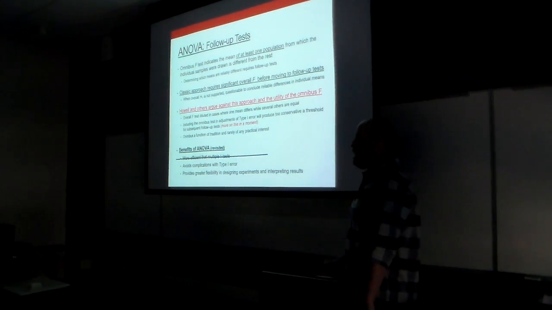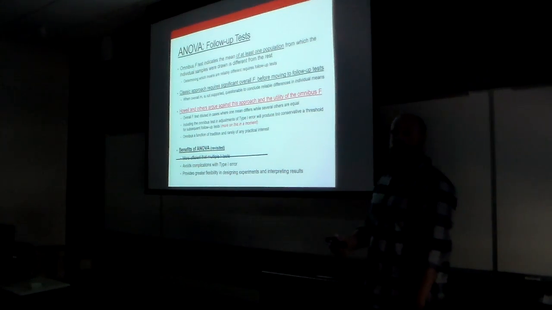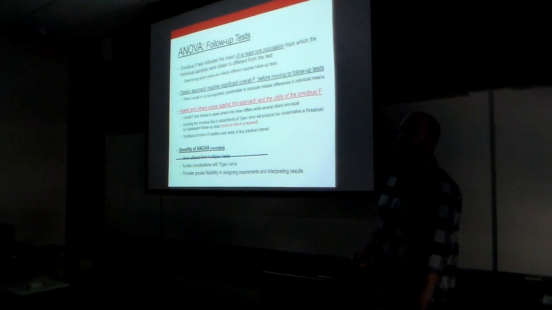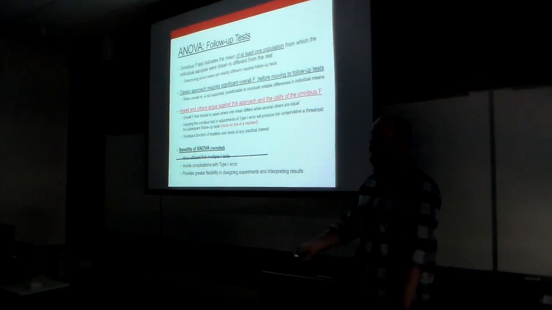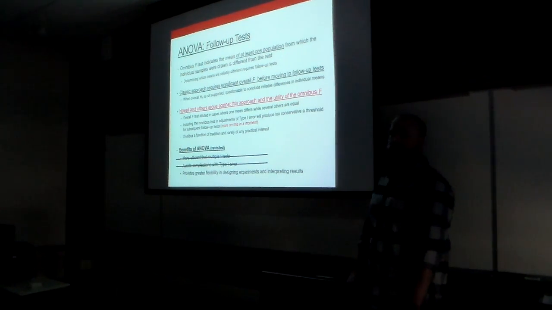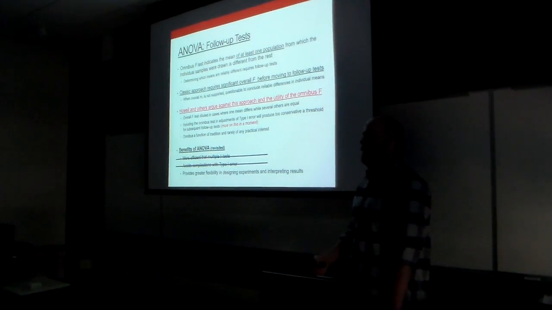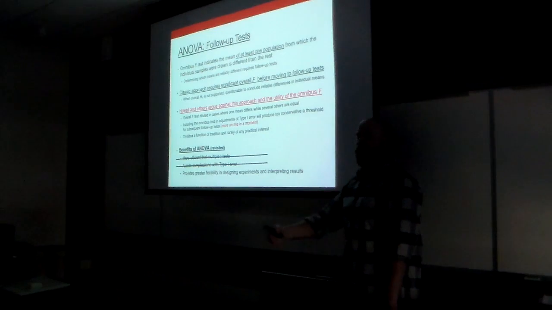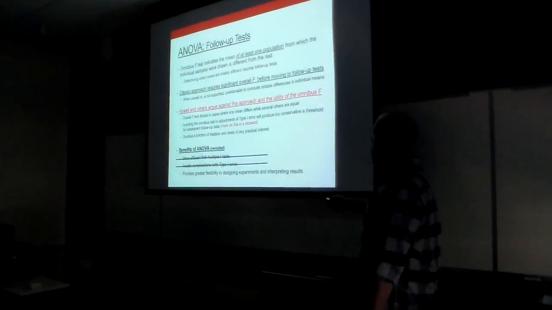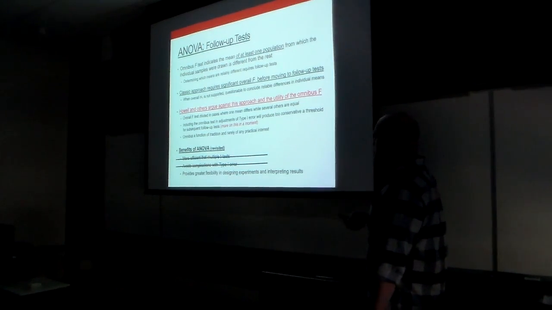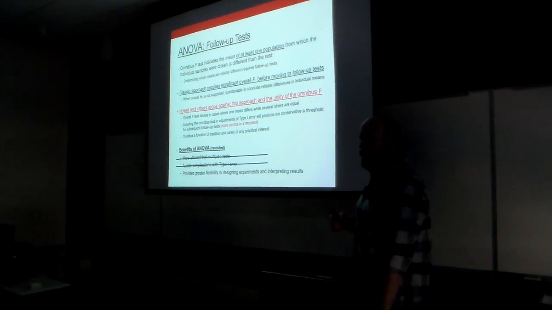Instead of running a whole bunch of tests, I can just run one test and avoid compounding error with multiple tests. But if I do find an effect, then I have to jump in there and run more stuff anyway. Then I actually made this worse because now I've added another test that I have to follow up with anyway, right? And so really, from a methodological standpoint, probably the biggest benefit of ANOVA models is that